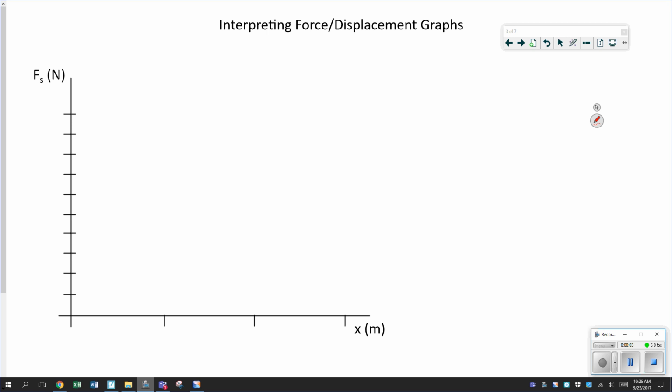There are a couple of very important things you can tell from a graph of displacement and the force that a spring applies. All right, in the context of spring forces. Okay, two important quantities you can take from this graph, and what those quantities are really comes from the relationship